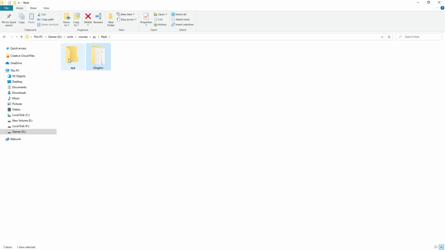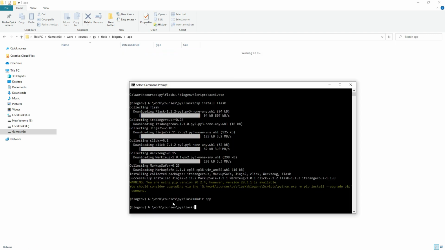We can do that, or also we can move this inside our virtual environment. So now here inside this app, we are going to create our Python file. So before that, let's open VS Code inside our virtual environment. So from the command prompt, go inside the app directory